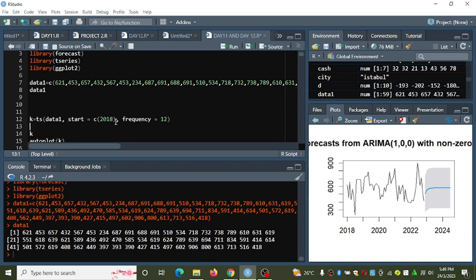Or the first data that you want to analyze, you have to specify the starting point. So my data here, data 1, is starting from January 2018.